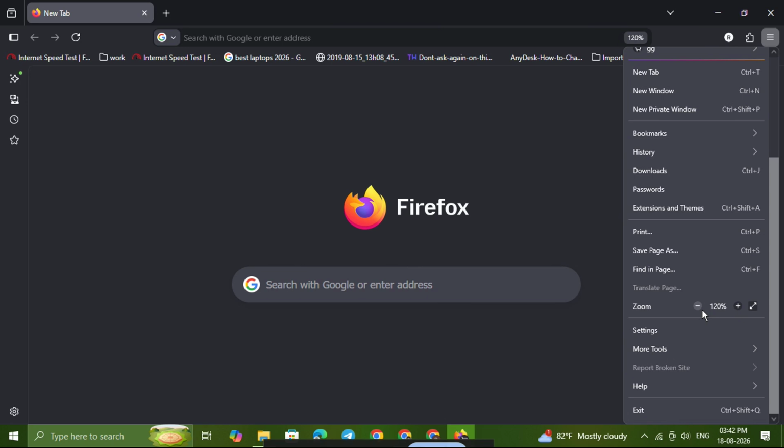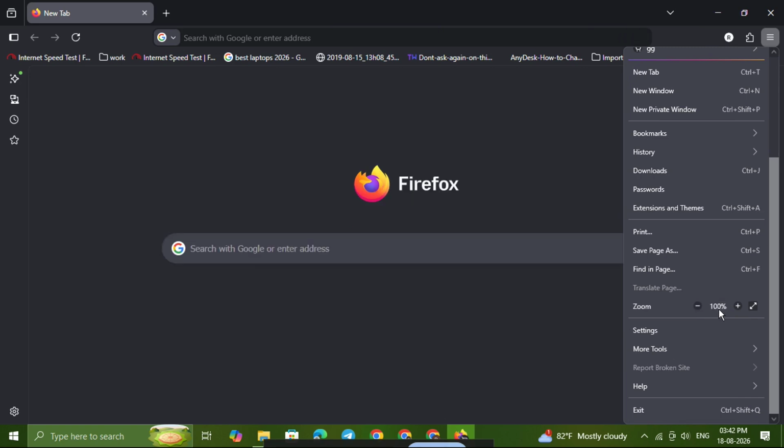Now, if you want to return to the default view, click the middle percentage number. This resets the zoom back to normal, so the web page goes to its standard size right away. That's the fastest way to undo your zoom changes without clicking plus or minus multiple times, and that's all there